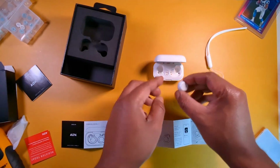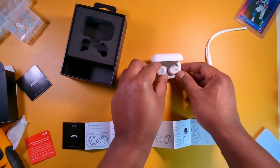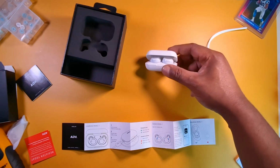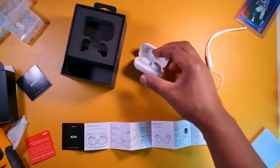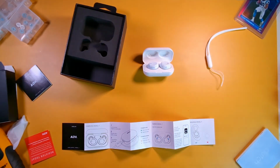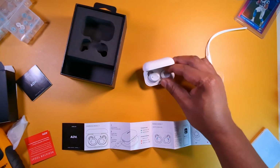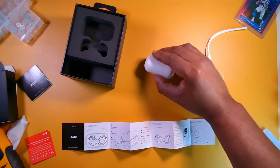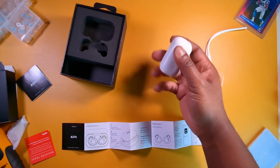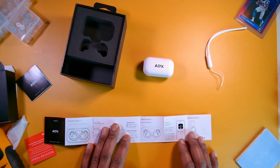Just put the earbuds in the case. They might have some juice on them. They might not. I don't think they do. I do like the way that they sit up in the charging case though. They're not as sunk in like most earbuds, so it'll be hard to grab. That's pretty nice. Nope, this case is super dead. Ain't no battery life on this thing. Let's just go over some of the...